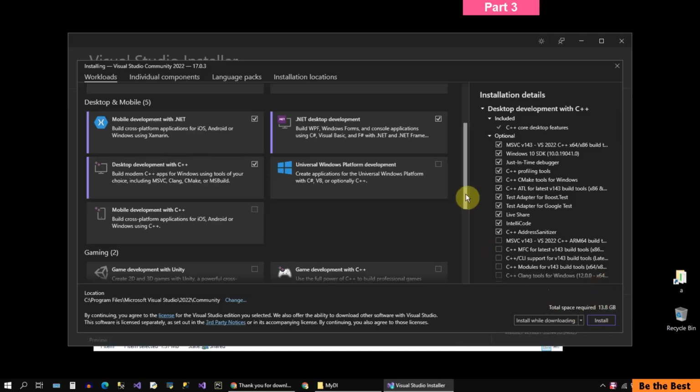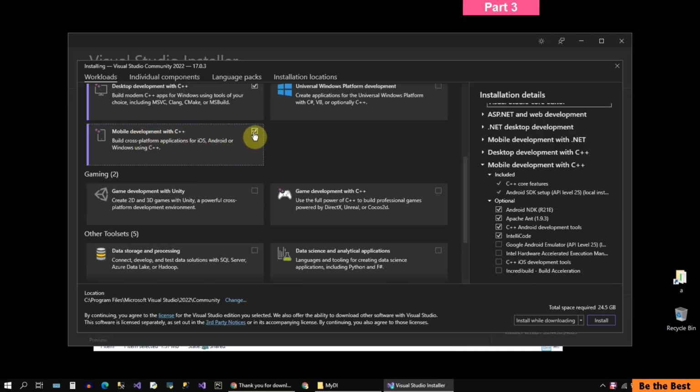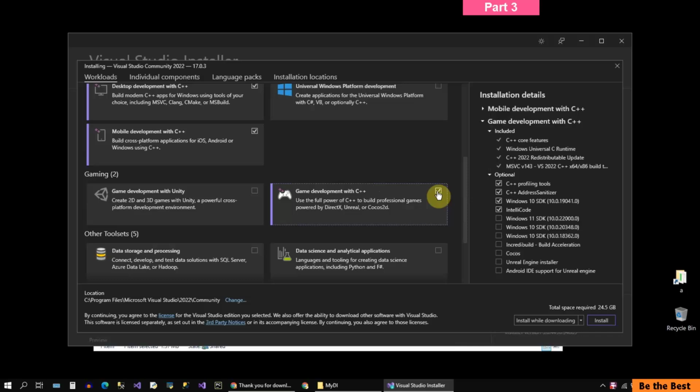Then if you want to develop applications for mobile using C++, don't hesitate to check this checkbox. And also, if you want to create and develop games using C++ for working with Unreal Engine or DirectX directly, something like creating game engines, then check this checkbox. And also, if you want to work with Unity, don't hesitate to check this